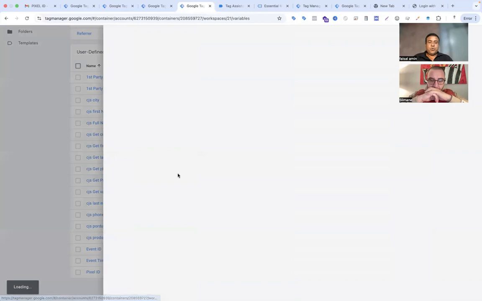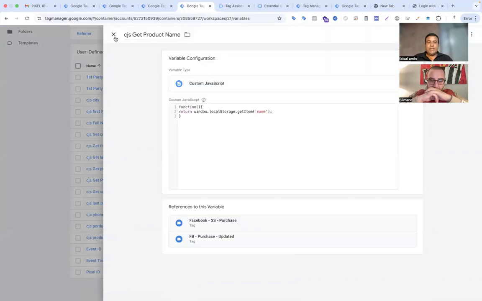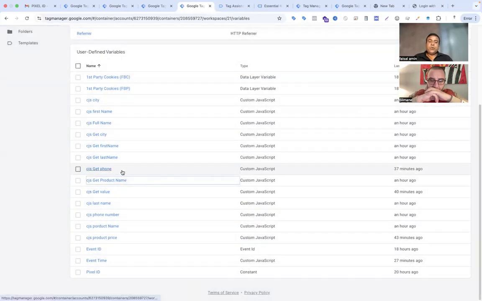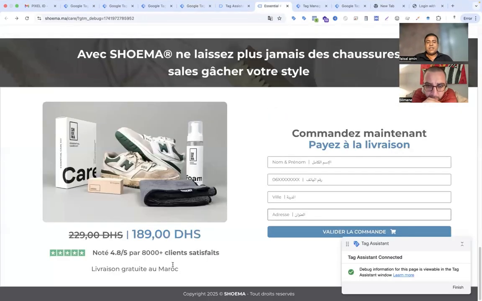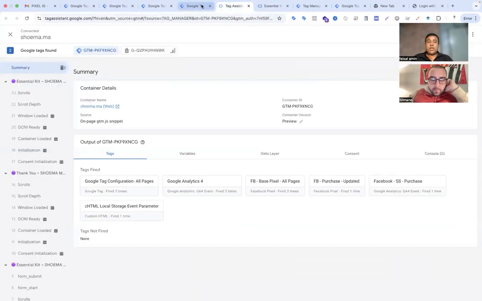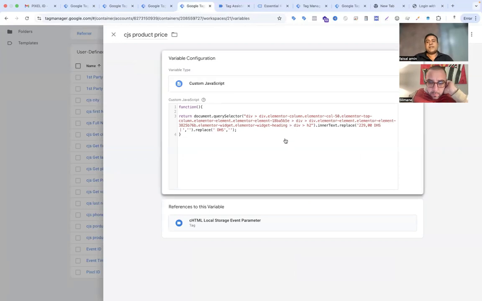And that is the product name. I am dynamically scraping from your web page each and everything, not only the user information. Here I found two things. One is the product price, which is really critical for me, because your website shows two products, but your active product is 189. So I'm trying to dynamically scrape the actual price,